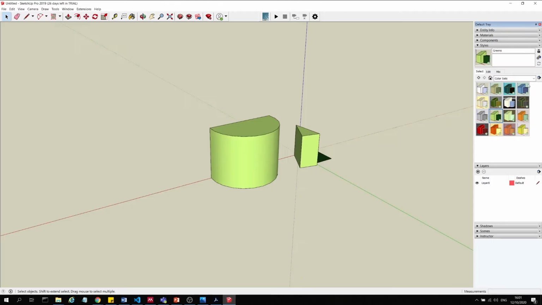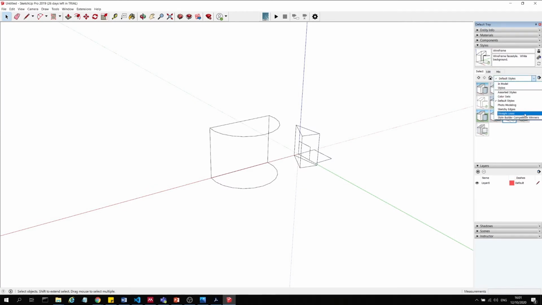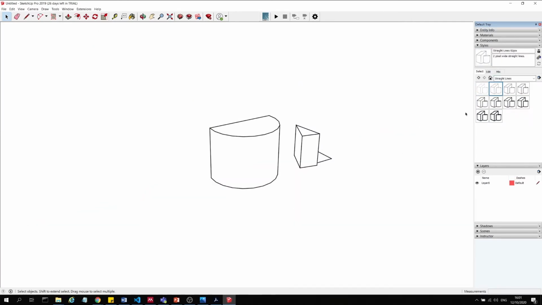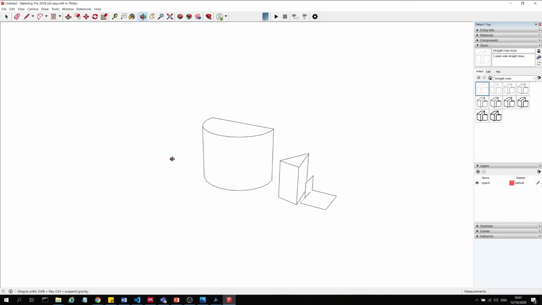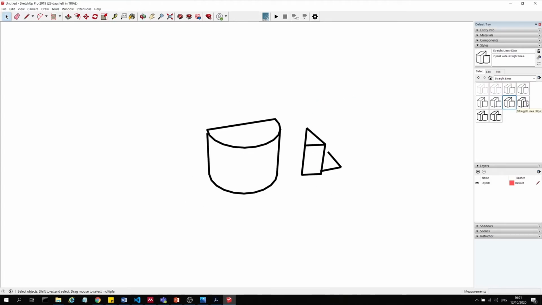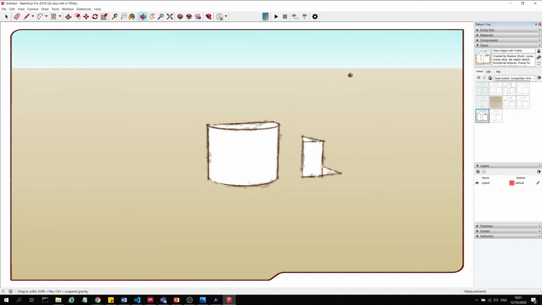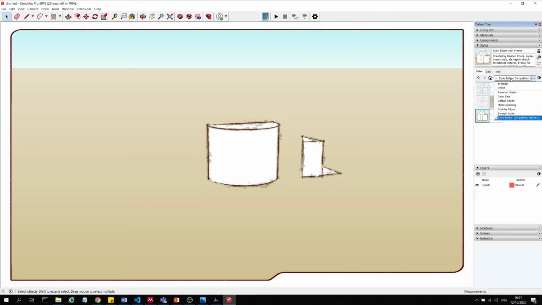You can have different color sets like this. These are your default styles, etc. Straight lines like this. And as you can see, some of these styles are useful for certain things, so some of them might be more useful for exporting for diagrams, whereas others are more useful for technical drawings, etc. You can see that. So if we just go back to the main style,